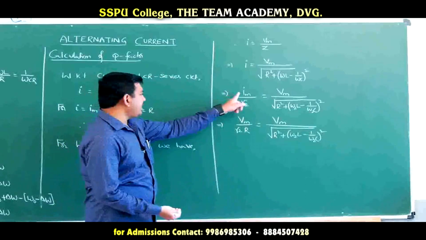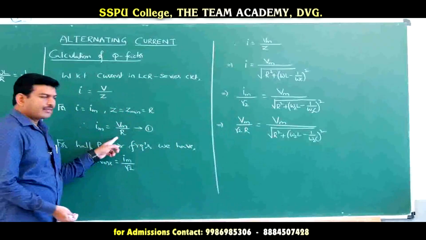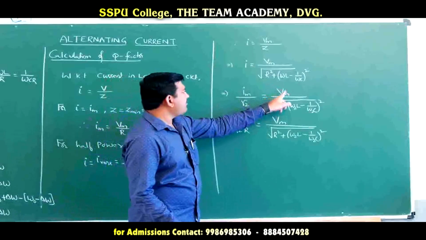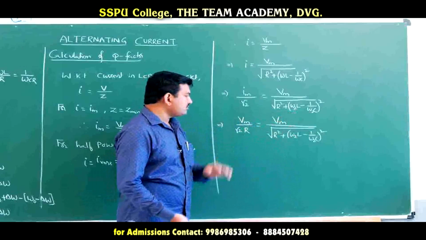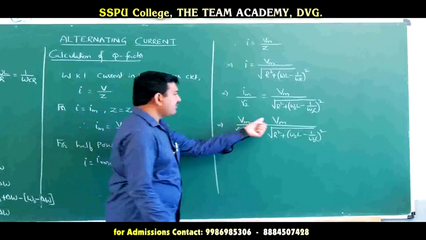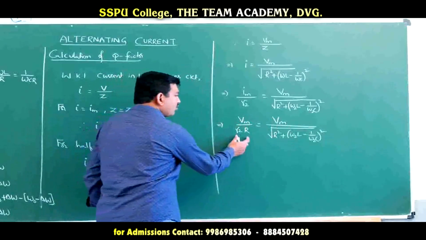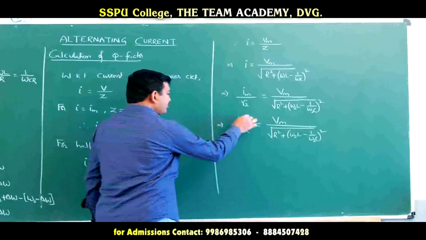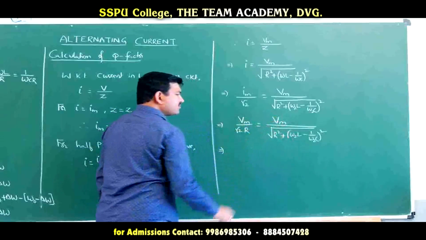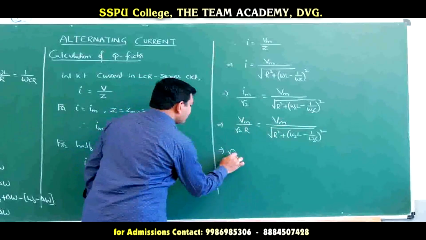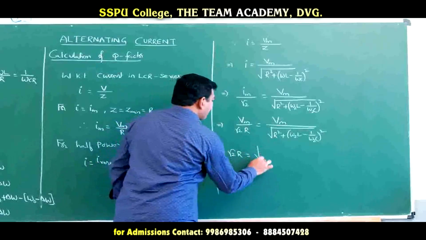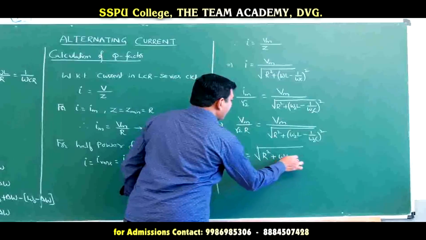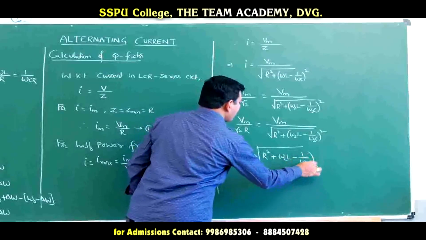So I am replacing Im with what? Vm divided by R. Then Vm by R, root 2 is there, root 2 will be continued, and right hand side Vm divided by this value. So now what I can do? I can cancel Vm on both sides. Then root 2R is equal to this term. So denominator terms will be equated. Numerator terms are cancelling, then denominator terms must be equated. Then this is root 2 into R is equal to square root of R square plus omega 2L minus 1 by omega 2C whole square.